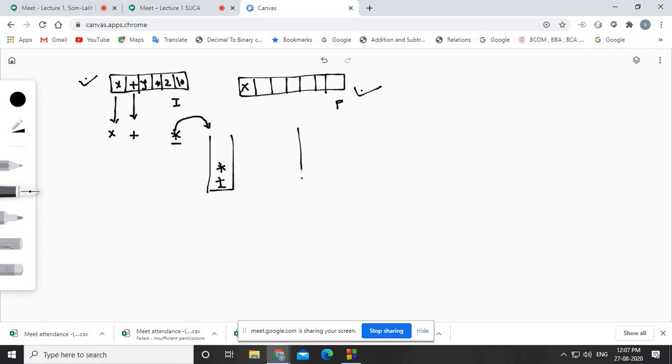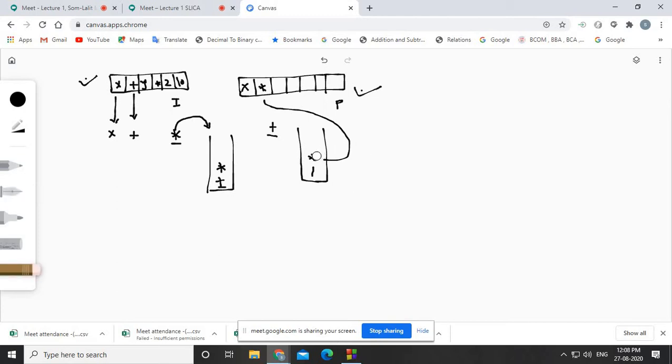But let's suppose the scenario is something like this. Let's say here what you have is a plus, you have a minus, okay, not plus and minus, but we'll take a multiplication and division, right? So multiplication is there, division is there, and now plus is coming, right? So here the operator which we need to push into the stack has a lesser priority, right? If it has a lesser priority than this multiplication, then you need to pop this star, and you have to insert it into the postfix, right?